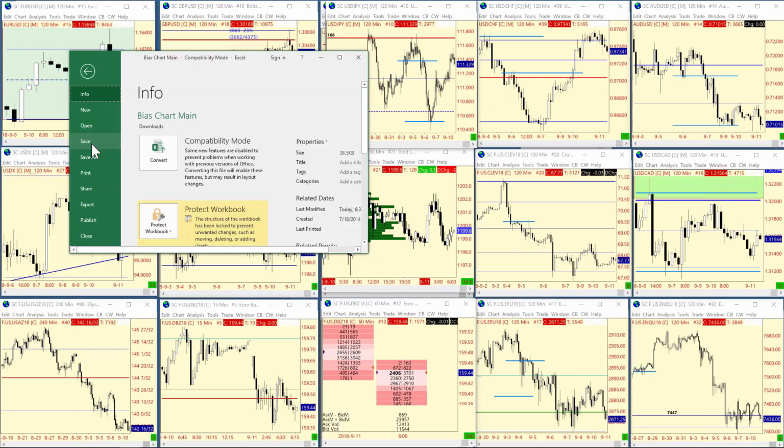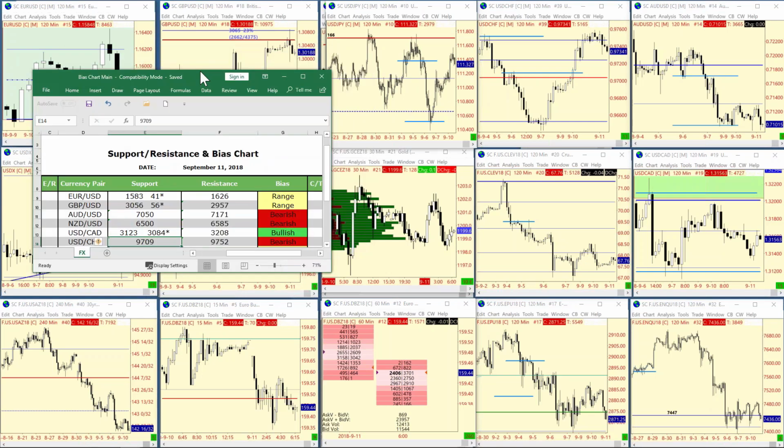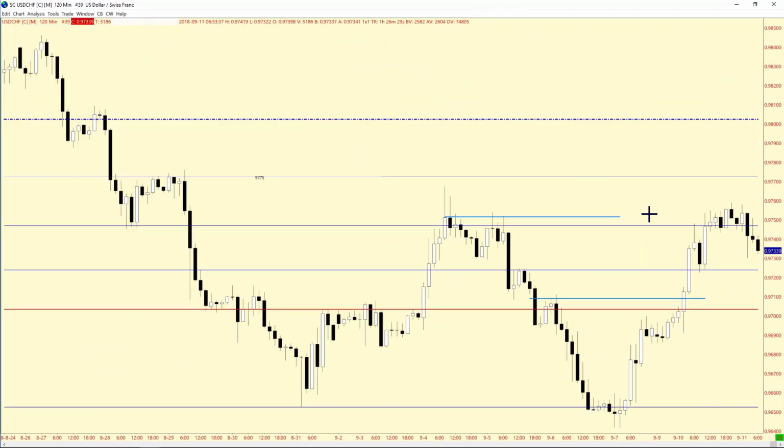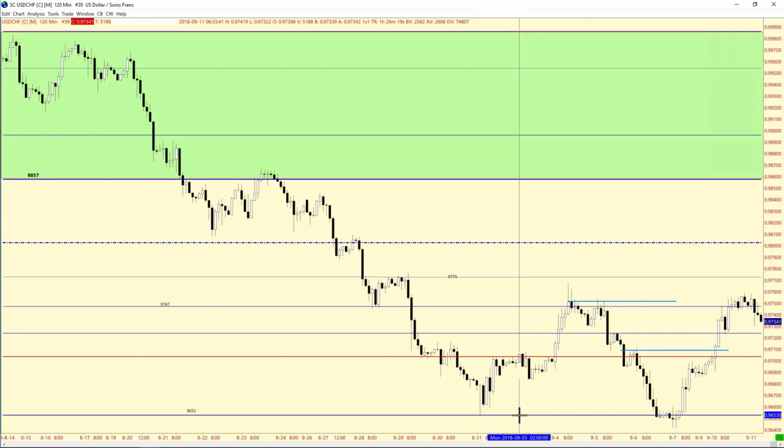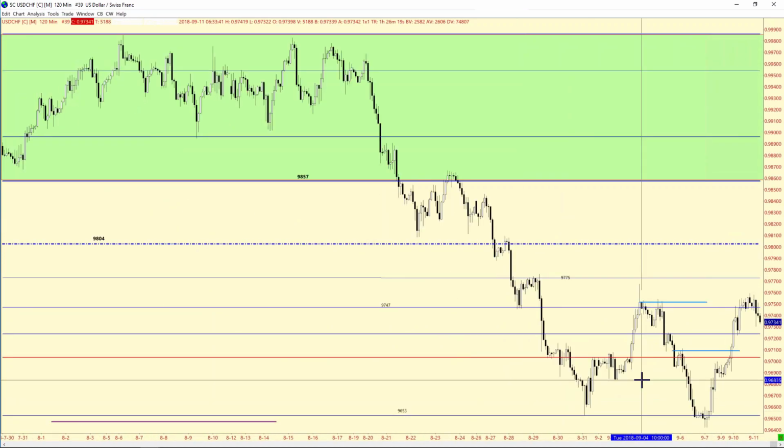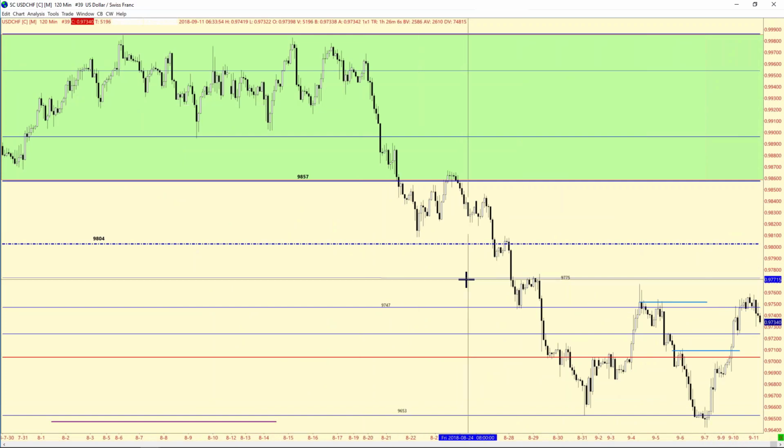Let's move here to the dollar Swiss. Nice run by the dollar Swissy. We had a resistance here at 97.52. You can see that right here. The market got up here to 97.59. You know, really more of a dead cat bounce than anything else, because boy, it really came under a lot of pressure. Some of it has to do, obviously, with the Swissy being a safe haven currency.